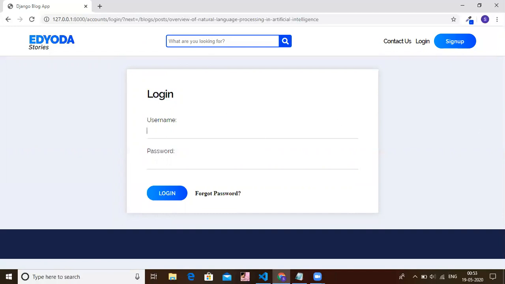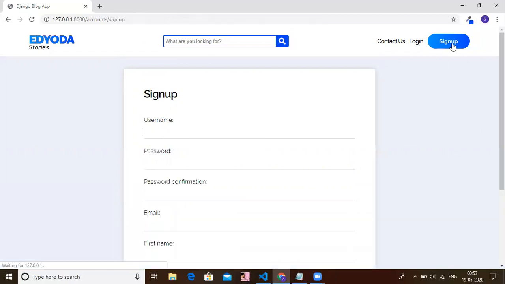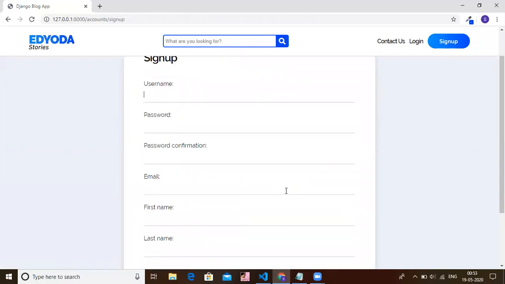What they can do is click on this sign up button over here, and it will take them to the sign up page. I will quickly create a new user account for this user. I'm typing Brittany Cooper, and for now I'm setting the password as abc@1234. Confirm password again, abc@1234. I'll enter an email for this user, let's say brittanycooper@gmail.com. First name, last name.